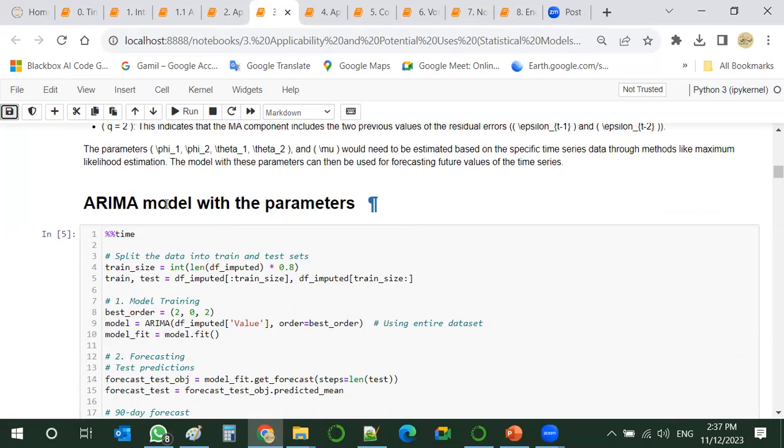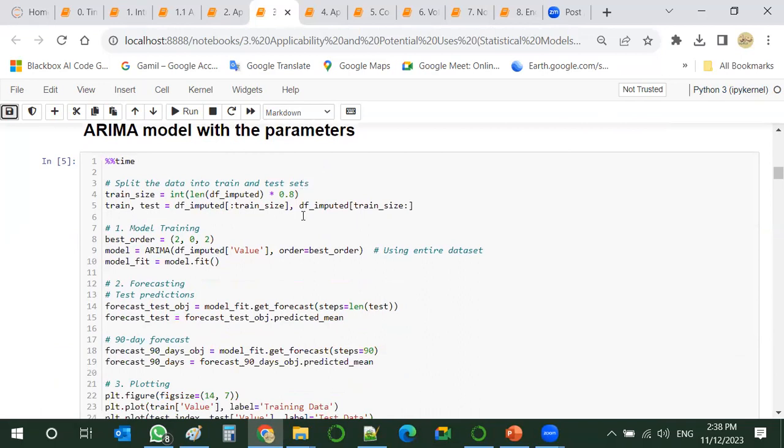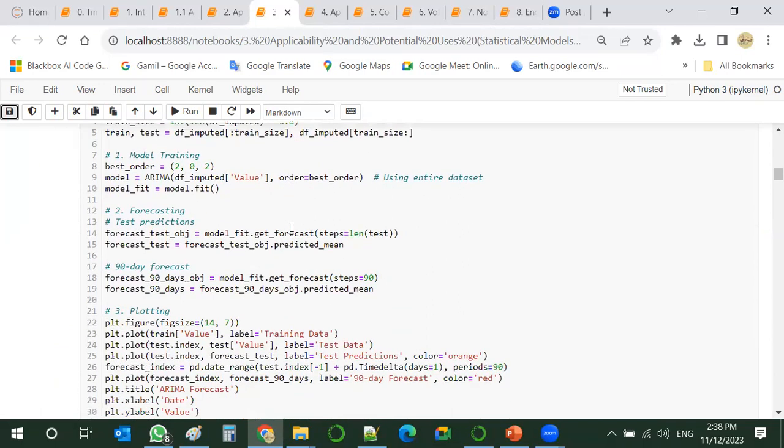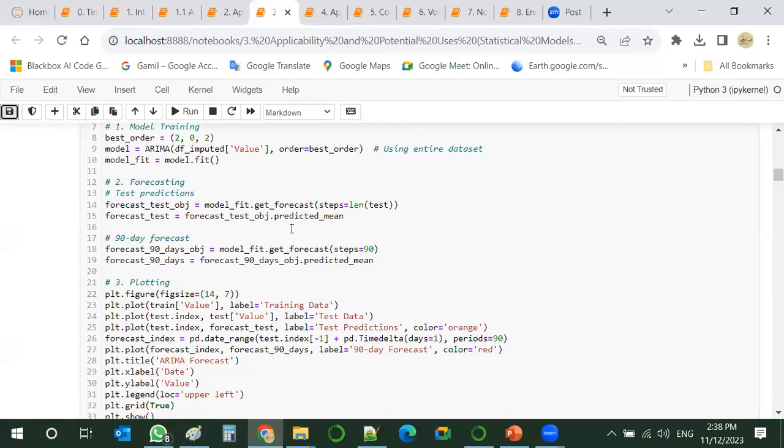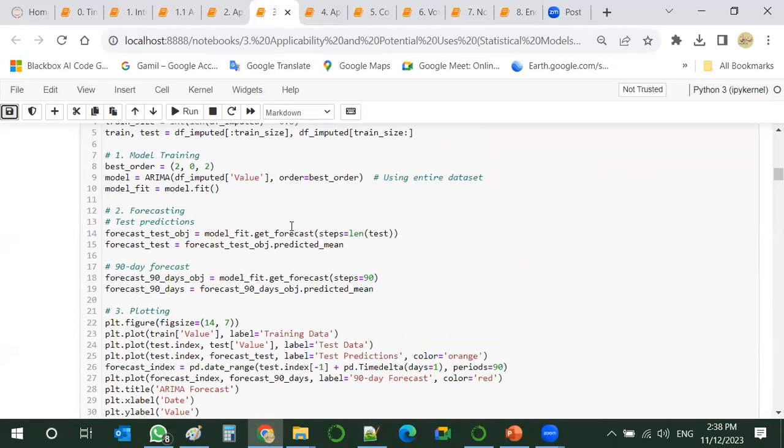So let us see how the ARIMA model with these defined parameters will work.